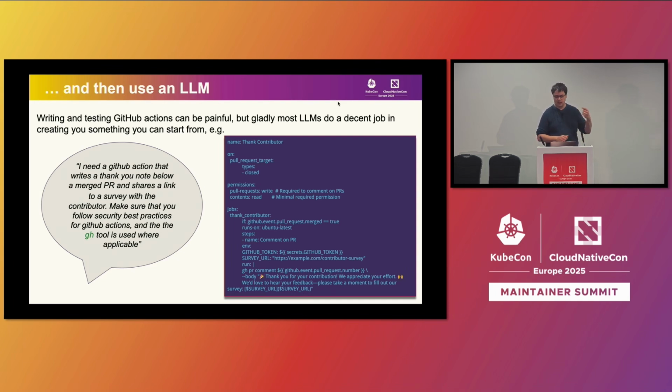Then it makes sure it's also checking for the PR being merged and not other cases of it being closed. Then setting the survey URL and using the GH command to send the comment, right? So this is a skeleton. I think that's really something where LLMs can be extremely helpful, because GitHub Actions have this fairly well-structured form of YAML code.